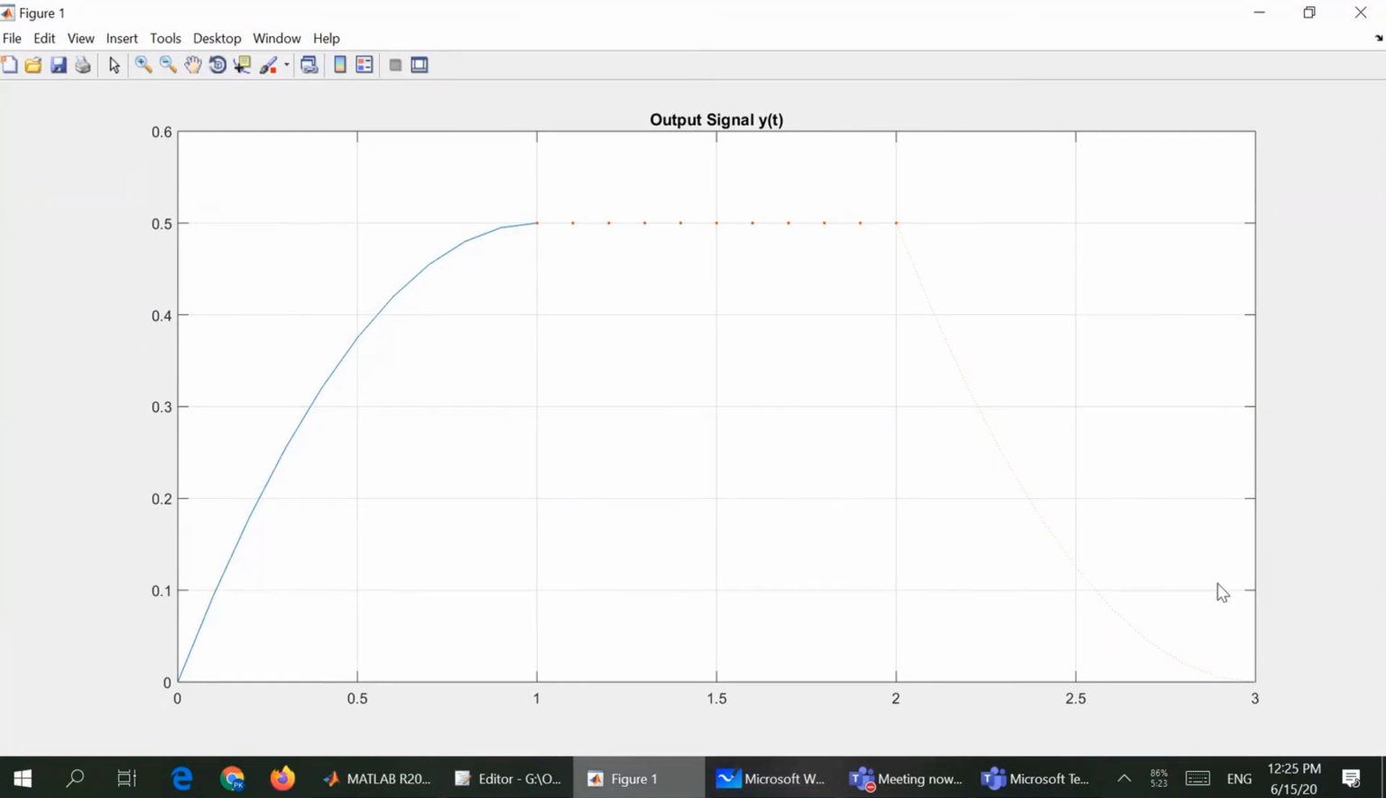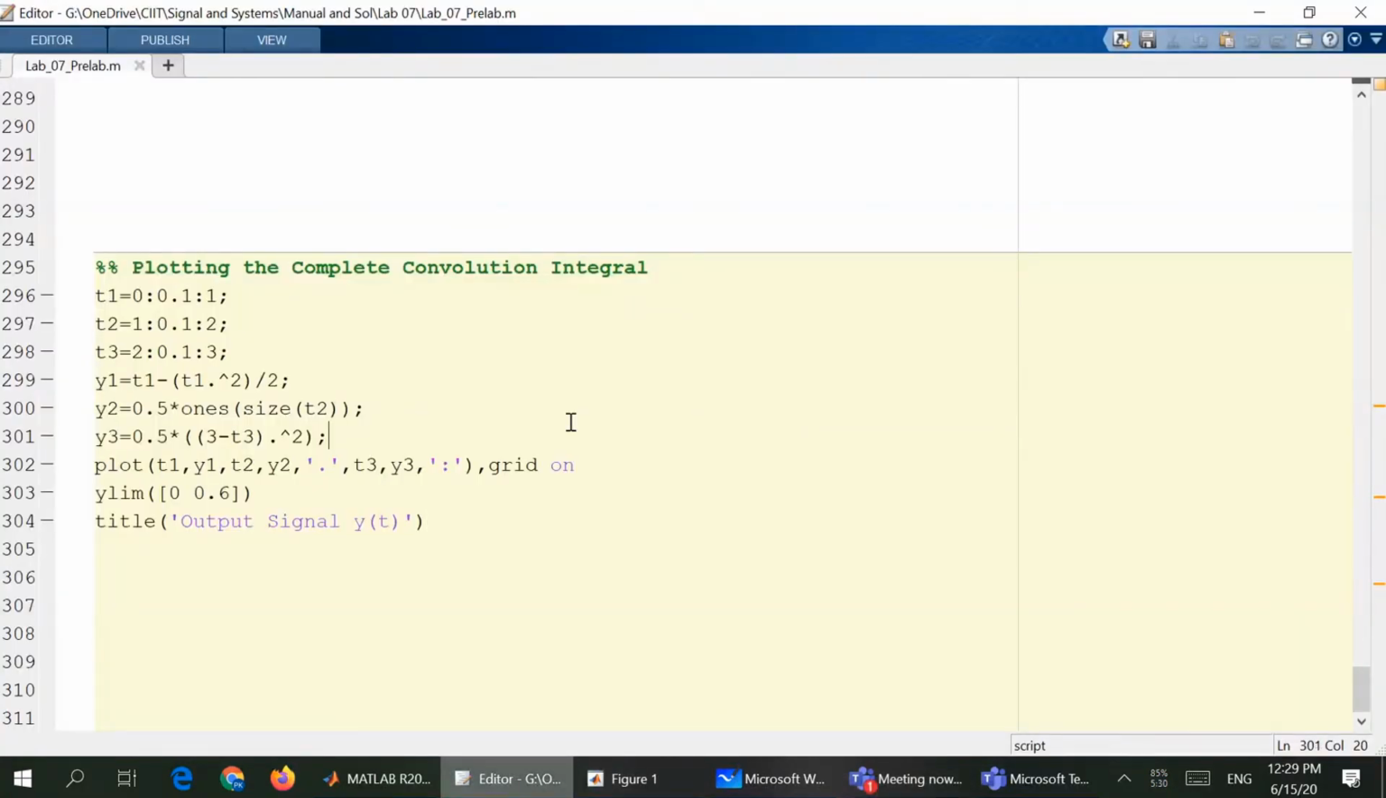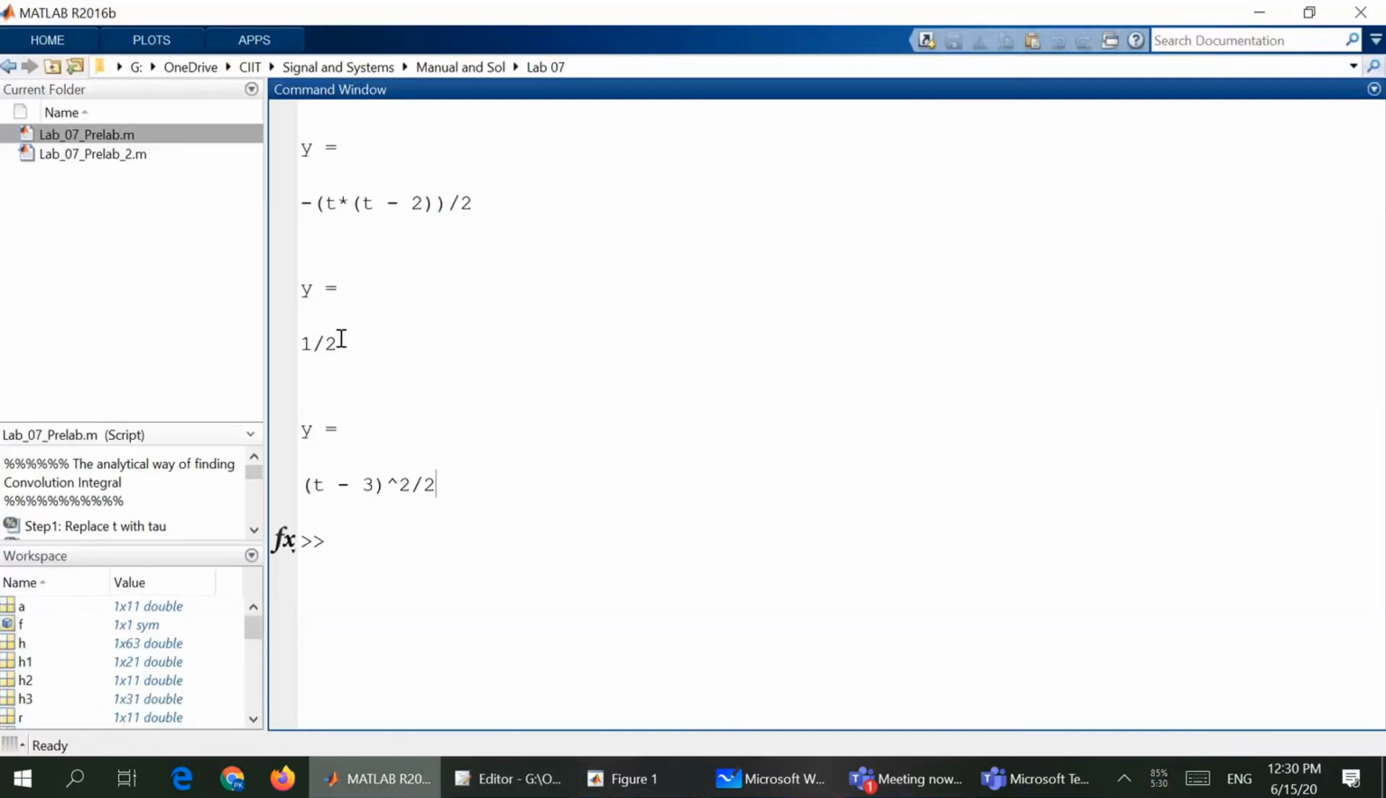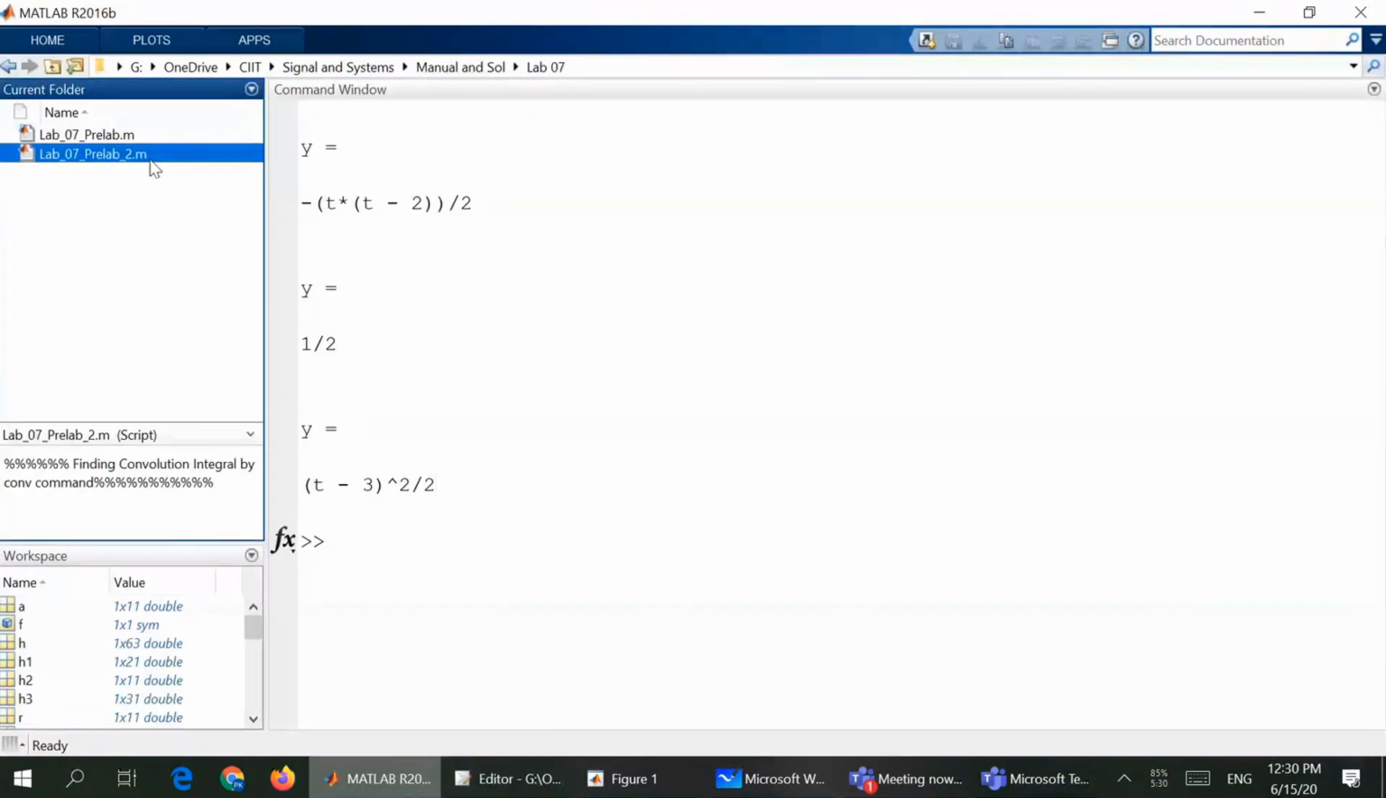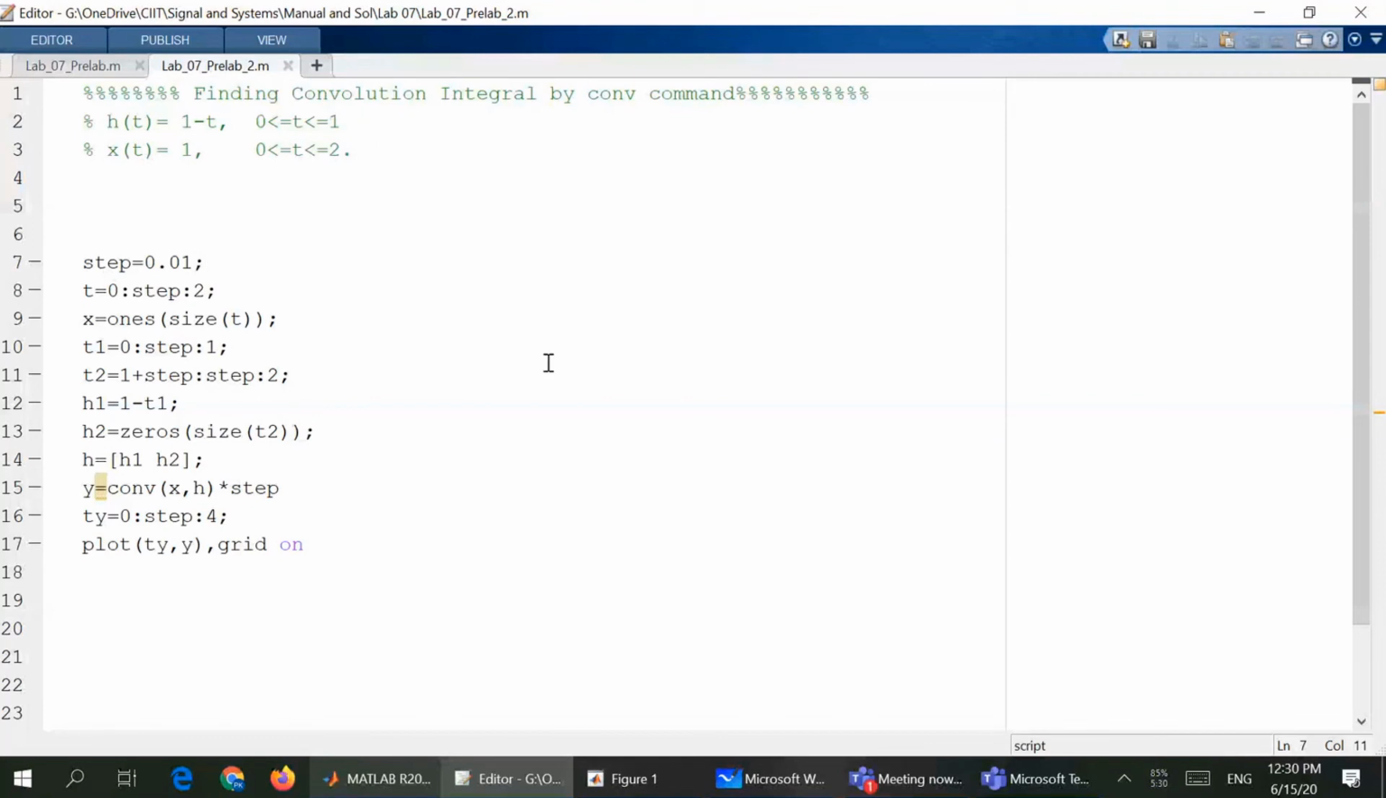So I hope there is no question in the first portion, the analytical portion. Now we'll move to the next portion, which was through the convolution command. So now, in finding the convolution integral by the convolution command, you have to